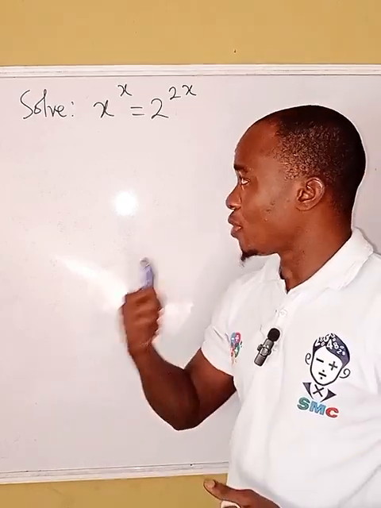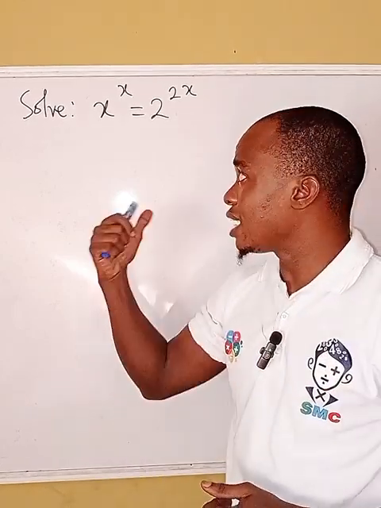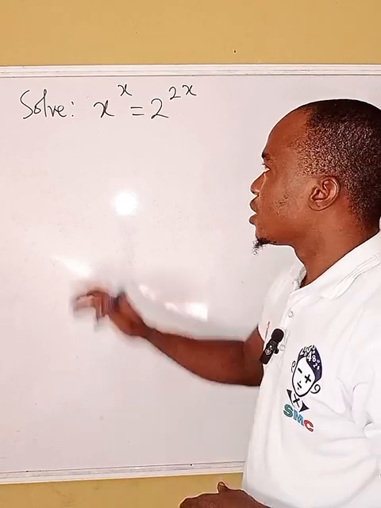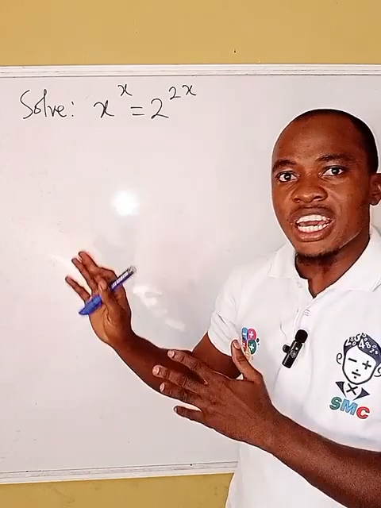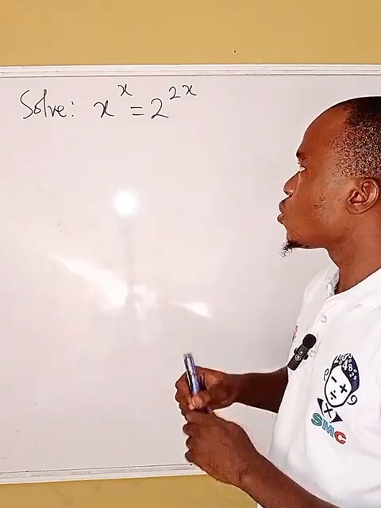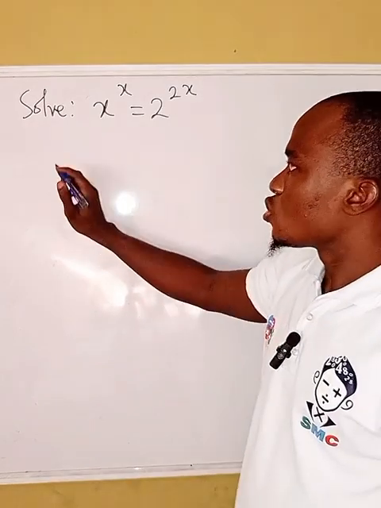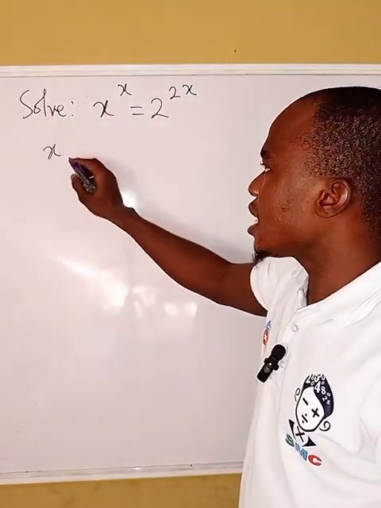But if you can do it, pause the video, do it, then come back and check what I have for you here. We have x to the power of x equals 2 to the power of 2x. So this is an exponential equation, right? Now if you want to solve this, we can write this equation as x to the power of x equals